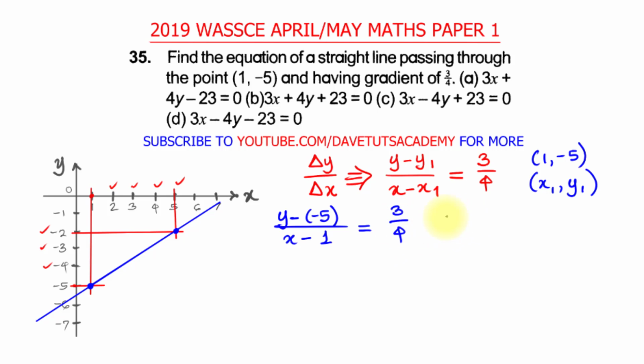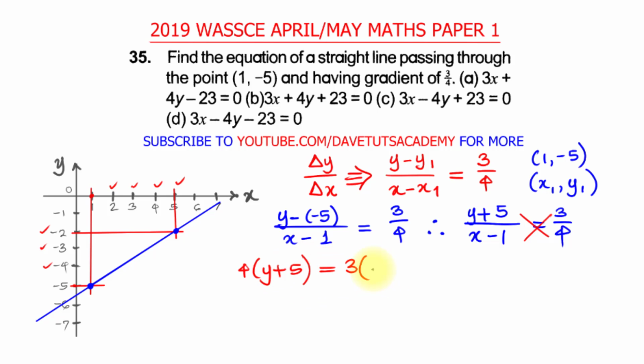This is going to give us nothing but minus multiplied by minus will give us plus. So we have y plus 5 over x minus 1 is equal to 3/4. And having an equation like this, we can just cross multiply, and if we cross multiply, we are going to have 4 multiplying the whole of y plus 5 is equal to 3 multiplying the whole of x minus 1. So if you expand this bracket, this will just be 4 times y, that will give us 4y. Then 4 times 5, that will be 20, is equal to 3 times x is 3x,